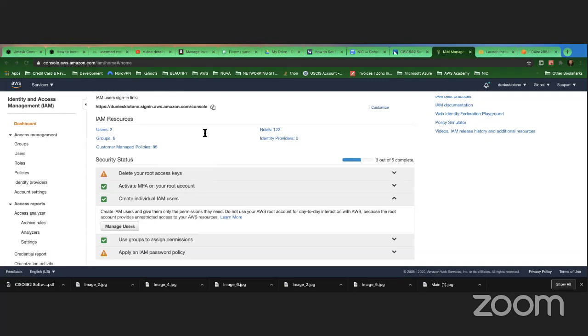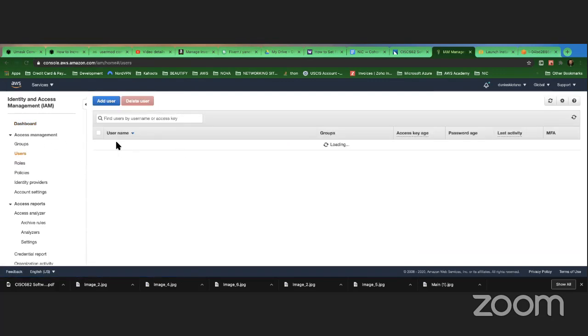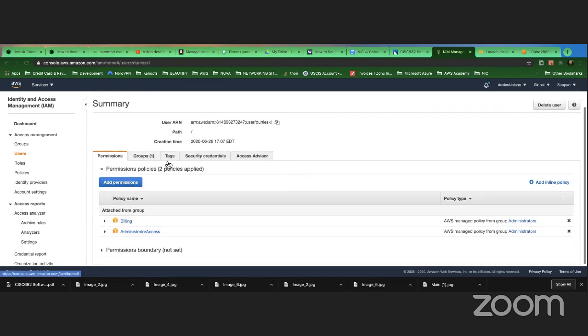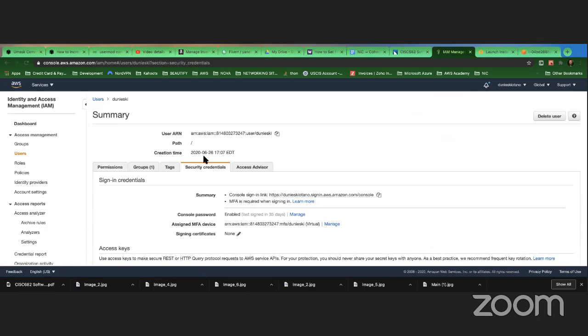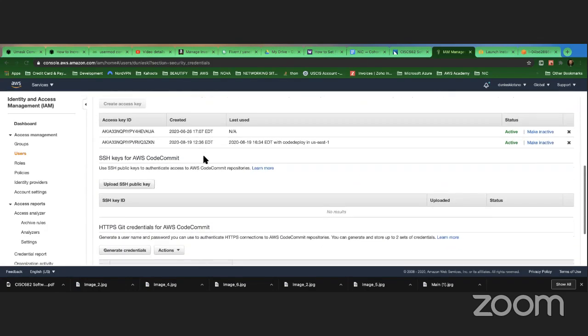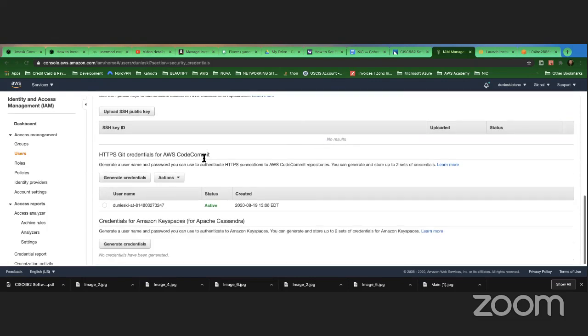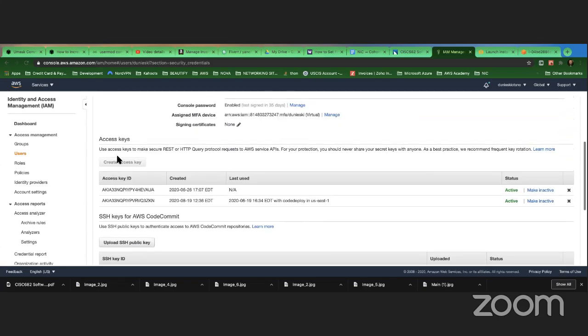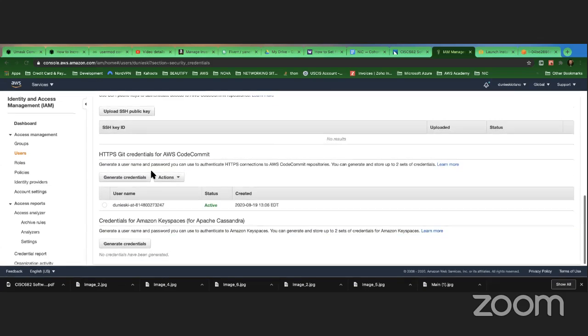If you need them again, let me come to the user here. I have Dunieski here. If I need them again, I can come here to security credentials, and have the access keys for this user.